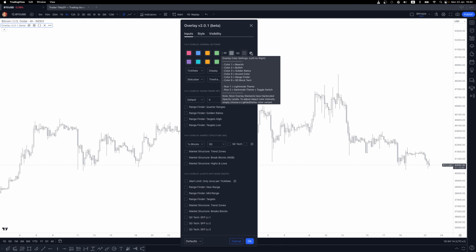Right? And then row 1 is the light mode, row 2 is the dark mode, and then next to the dark mode you have a little toggle which flips between the two. If it's off, it uses the top one. If it's on, then it uses the bottom one. All right. Much simpler than version 1, and you still have the same kind of functionality in terms of having two themes to switch between light and dark,